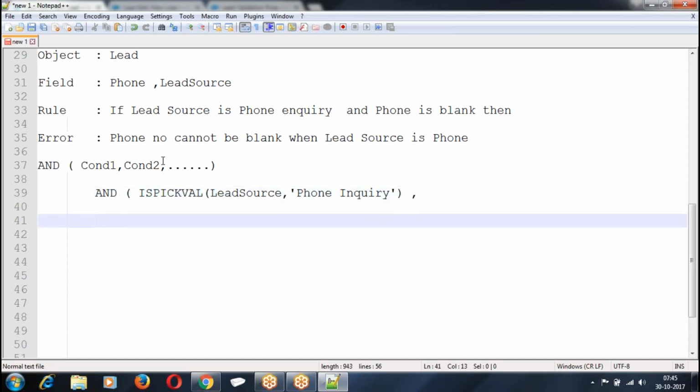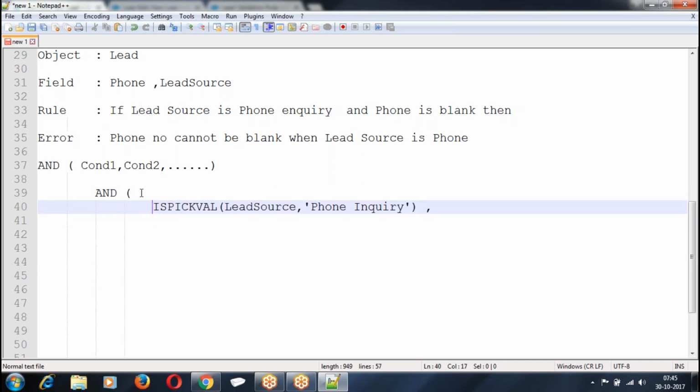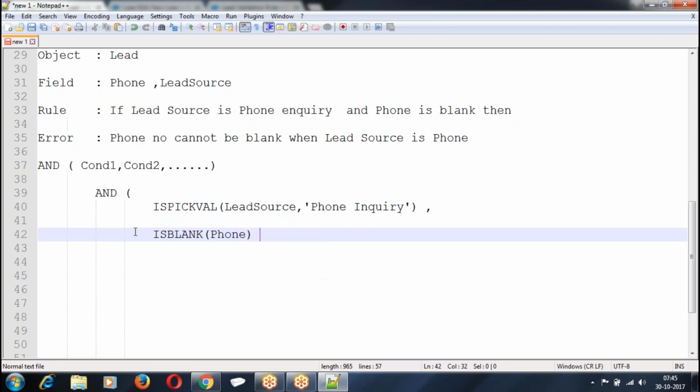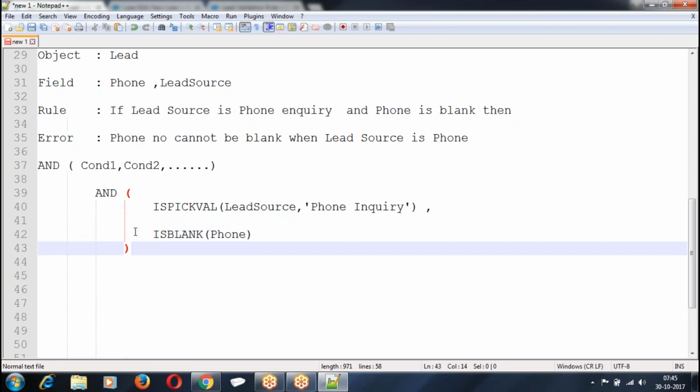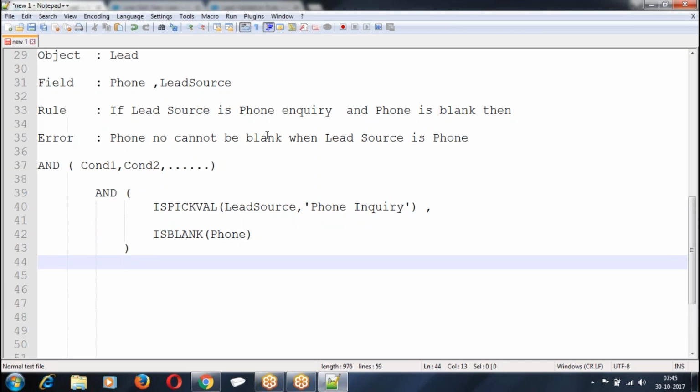Second point, there are two rules. First rule, this is how we have given it: if lead source is phone inquiry and phone number is blank, then throw error message.